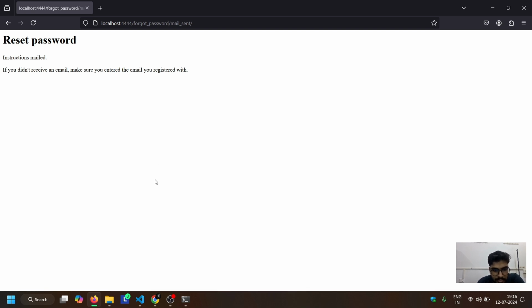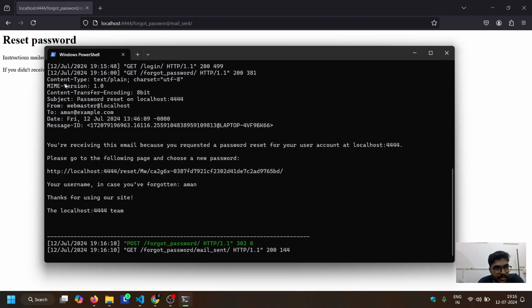Now, if I move back to my console, you can see that I have received an email on my terminal. There's a subject, and webmaster@localhost is what it is using to send the email, and it's sending to aman@example.com, with the time when it's sent, and it sends it with a link. If I copy this link and